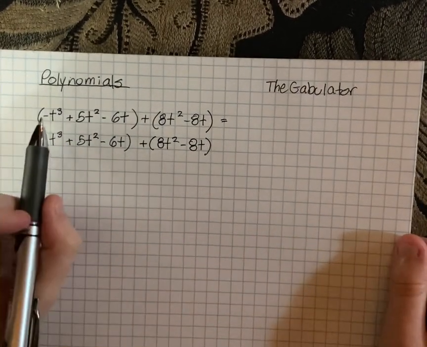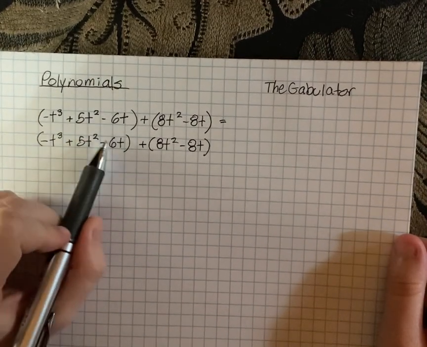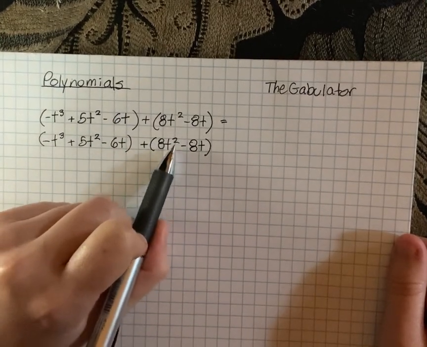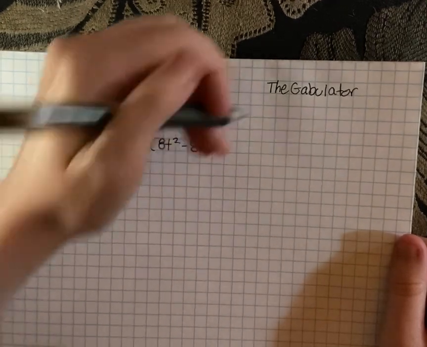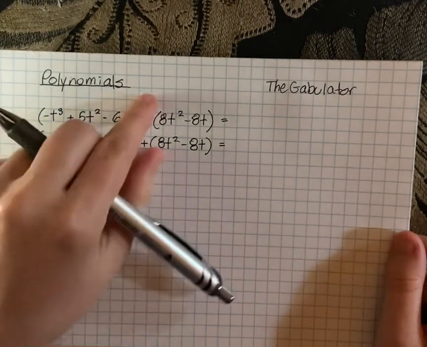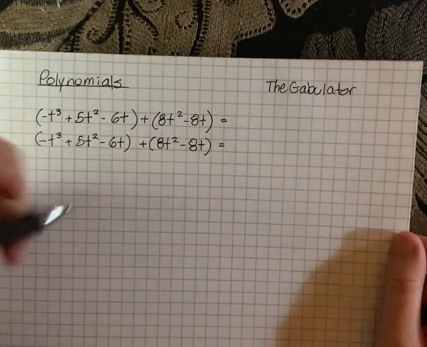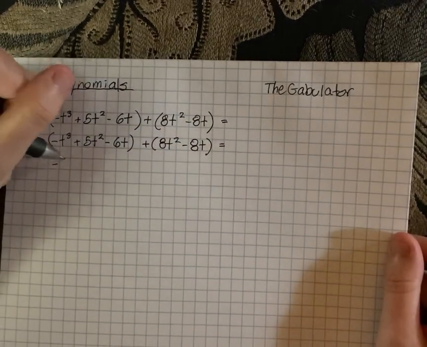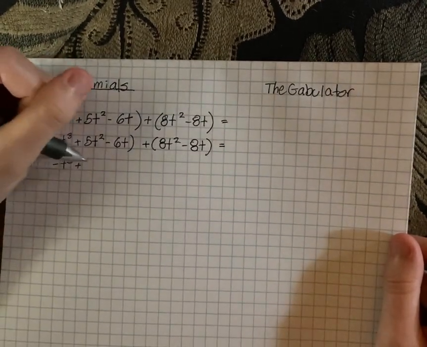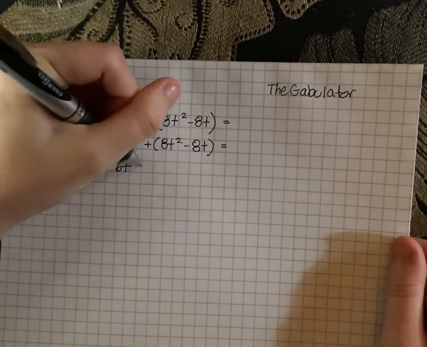All right, so I'm just gonna double check. I wrote my problem down. I've got negative t to the 3rd power plus 5t squared minus 6t, in parentheses, plus, parentheses, 8t squared minus 8t, in parentheses, and see, even I did it. There's an equal sign. All right, now, since this is addition, we don't have to worry about any signs changing, so we can just drop all the parentheses and just write it as one long string. So it's just going to become negative t cubed plus 5t squared minus 6t plus